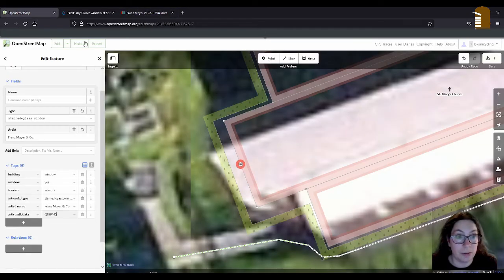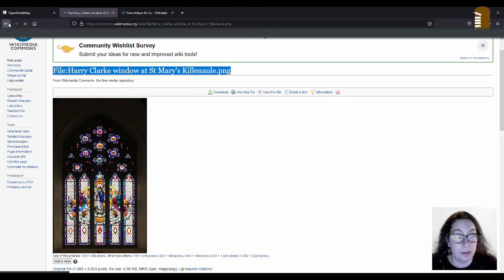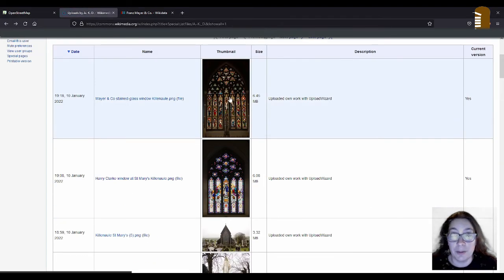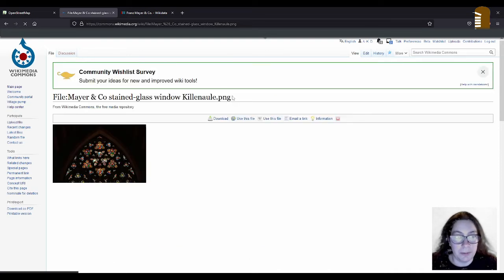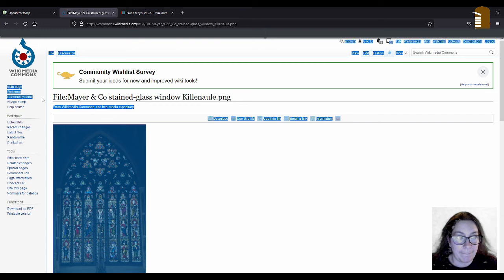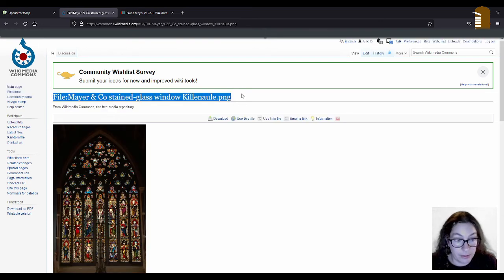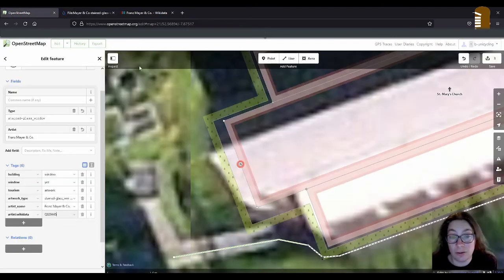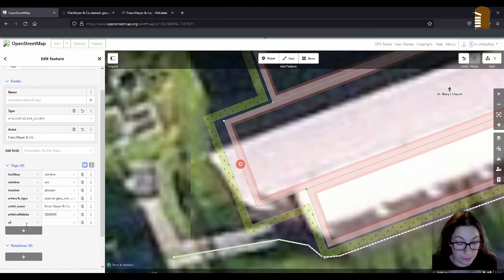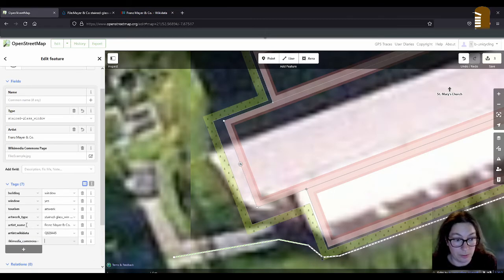And did I forget something? Oh yeah, the image, of course. And my photographs aren't great because I should have used a tripod. So if you ever go to Killinall, take a tripod and take better pictures, and then we can replace them in OpenStreetMap. They are usually signed on the window. This window though is over the altar and I couldn't reach it. I could barely make out the names of the saints and all that. And there's no information in the church about it either. Wikimedia Commons and yep.